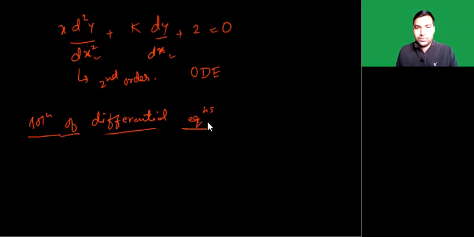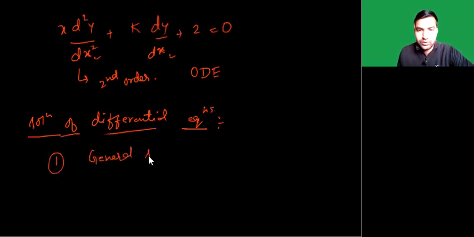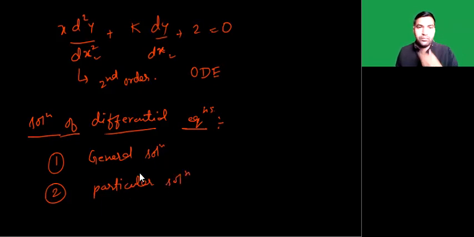Okay, now if we talk about the solution of differential equations, what kind of solution will we get? We'll get two solutions. The first one is known as the general solution, and the second one is known as the particular solution. All right, like for the equations, for example, (x plus 1) whole squared equals 0, we got solutions in terms of numbers. But the solution of differential equations will be of the form of a general solution or a particular solution. So we'll see how to find the general solution and the particular solution.